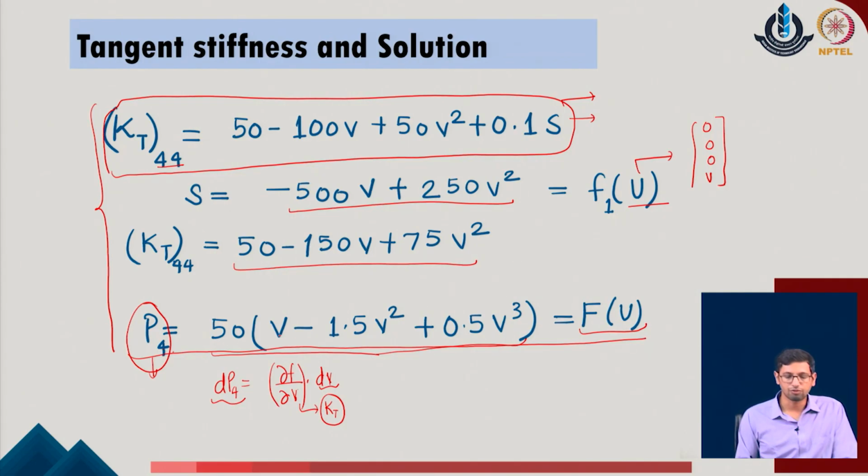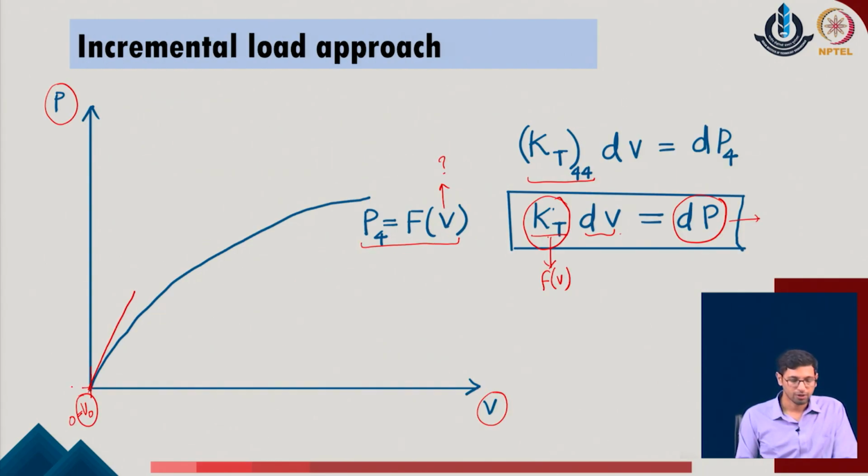So, if I say that the V value is 0, the force value also comes out to be 0 in the given problem. This is the initial value, 0, 0, but I am calling it V naught, the initial displacement of the given system. Similarly, at this point I will also evaluate the stiffness of the given system. We consider what is the Kt value at the position of V equal to V naught in the given problem.